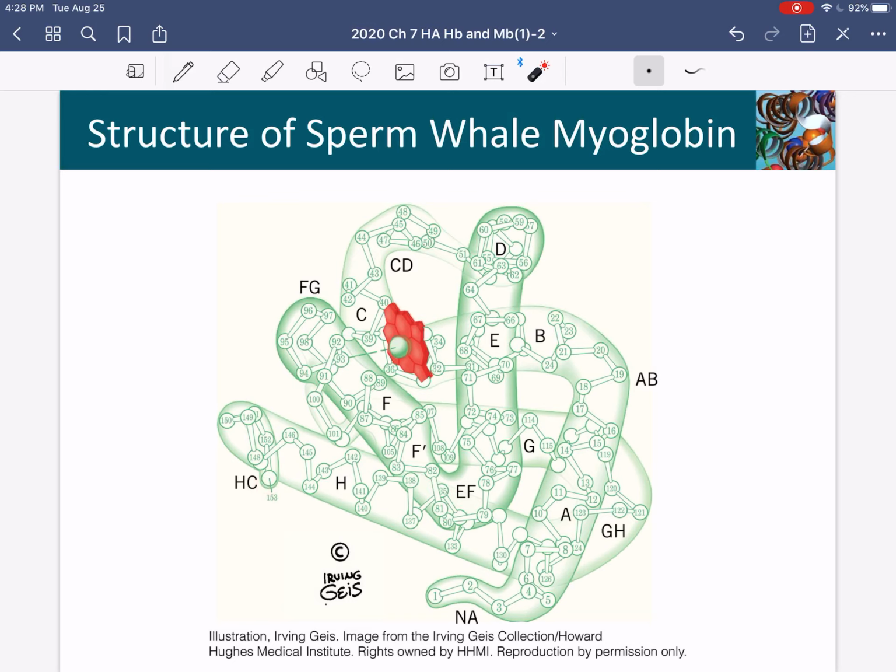You don't need to memorize the structure of myoglobin, but what you see here for myoglobin has implications for the nomenclature of important binding residues in myoglobin and in hemoglobin. Okay, so that's why I'm introducing that concept of, for example, the H helix, which you're going to see again, and the F helix, etc.